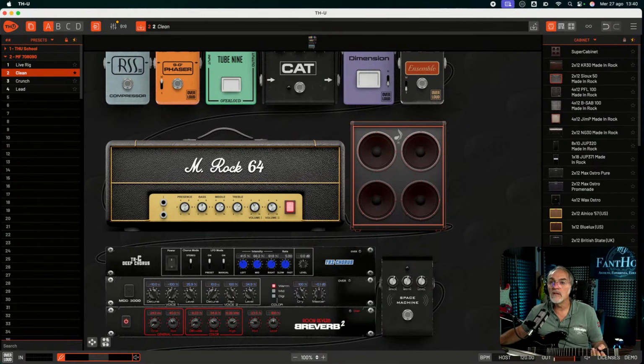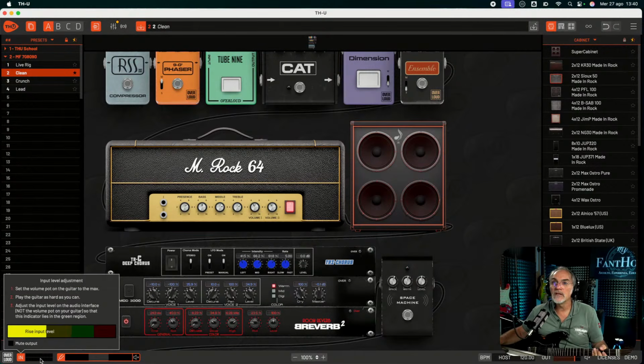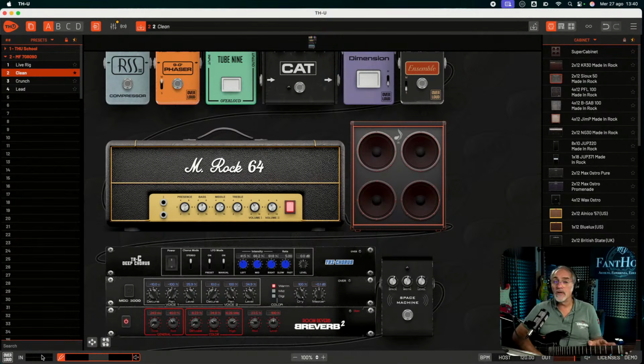And of course, remember to set up your audio interface, okay, in a way that when you play the humbucker pickup, you stay in the OK zone, the green zone. Okay, this is really, really important to have the same sound. Otherwise, you have lower gain or higher gain. Okay, so you have to set up